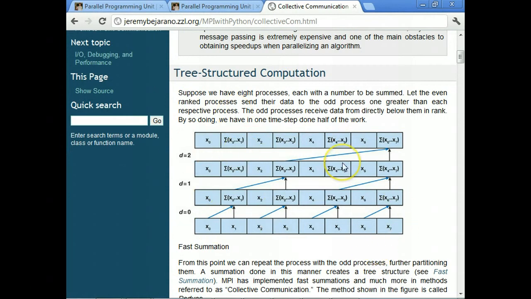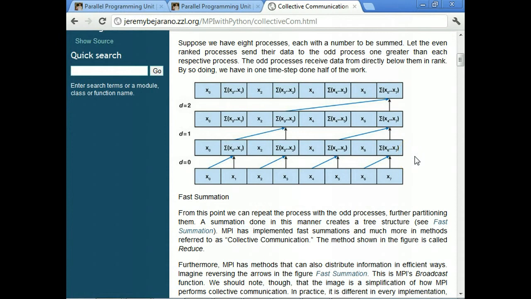To generalize something like this to any number of processes that we want, to make that arbitrary, can be sort of difficult. There are a couple different schemes that we could think of to implement some kind of efficient communication like this. There are different patterns that we could use. But that's all going to be kind of difficult.